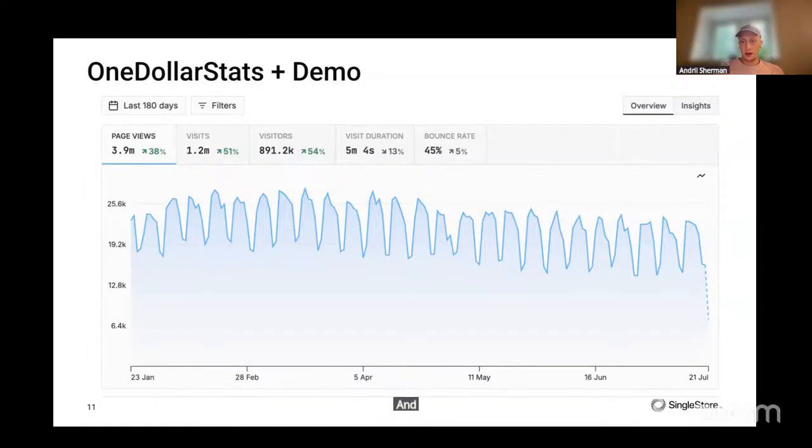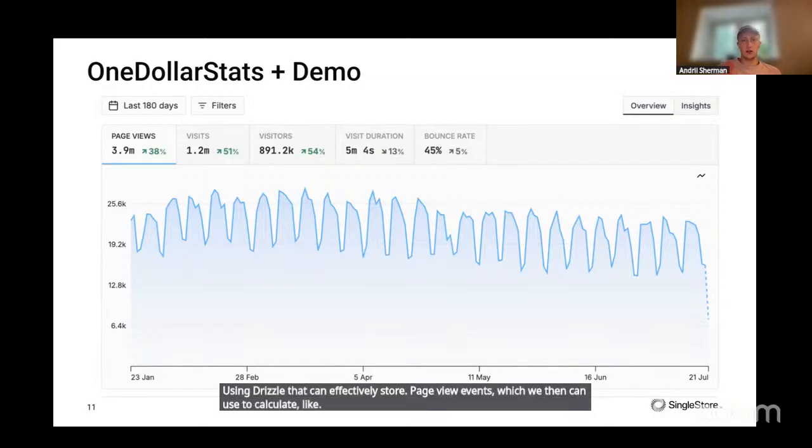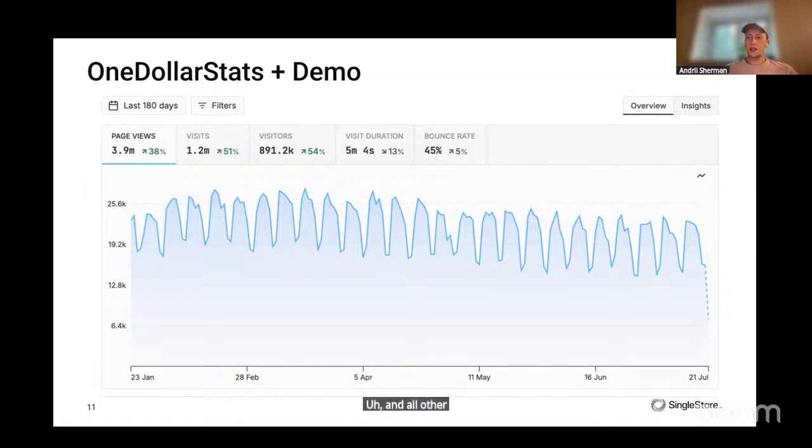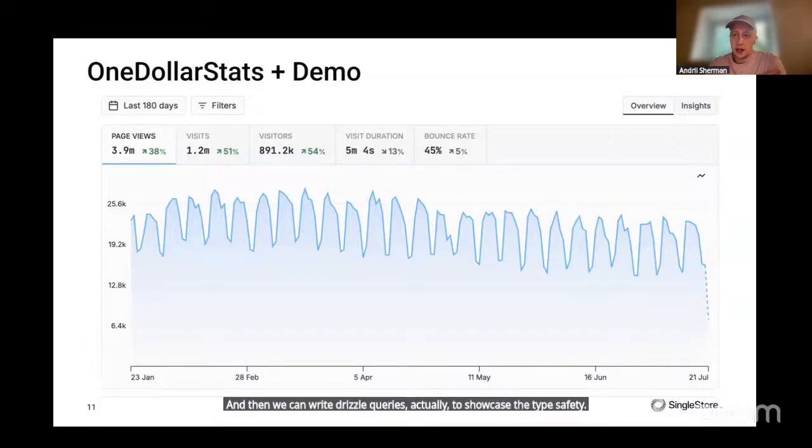We'll have a demo showcasing how we can set up the schema using Drizzle that can effectively store page view events, which we can then use to calculate visitors, page views, and all other web analytics specific data. Then we can write Drizzle queries to showcase the type safety and the way you can develop and add new features to this.